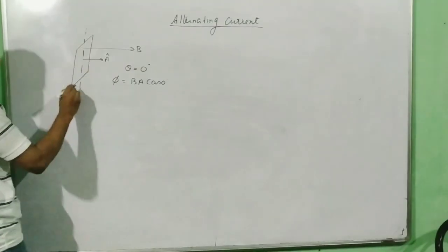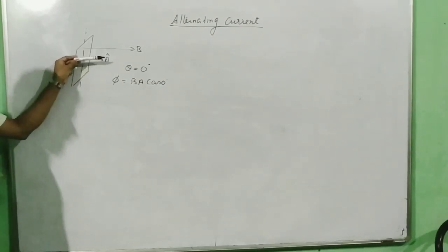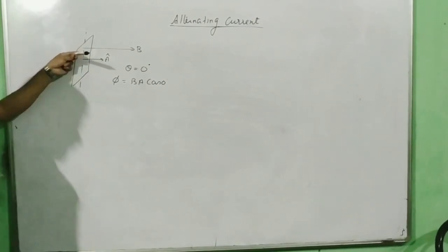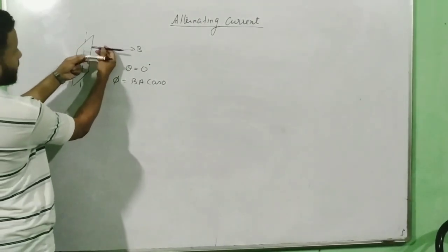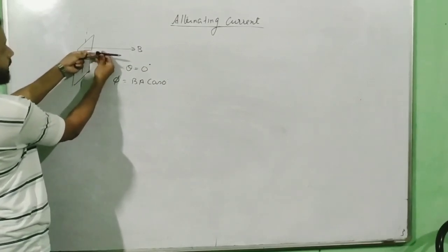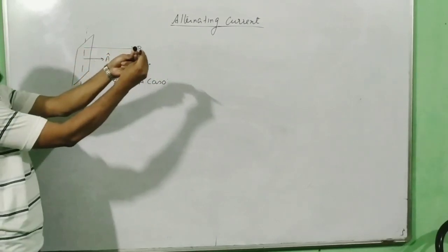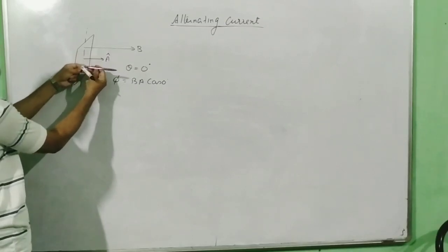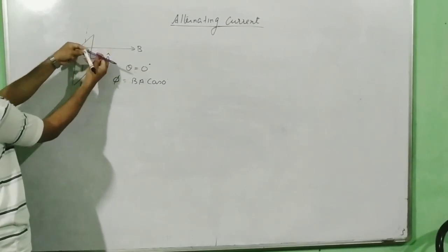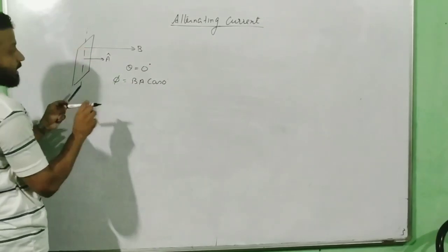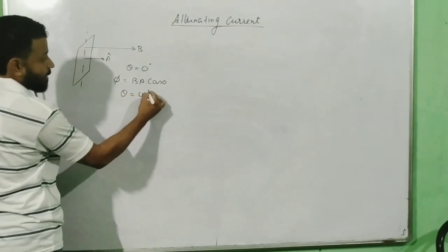Now just imagine if I rotate the loop. Imagine that this is my area vector A, and this is the axis of rotation. Earlier this purple pen and the marker are in the same direction, and now I am rotating it. As soon as I rotate it, you can see an angle formed between them. So as the loop rotates, the angle is created, and that angle is equal to omega times t, where omega is the angular velocity with which you are rotating.